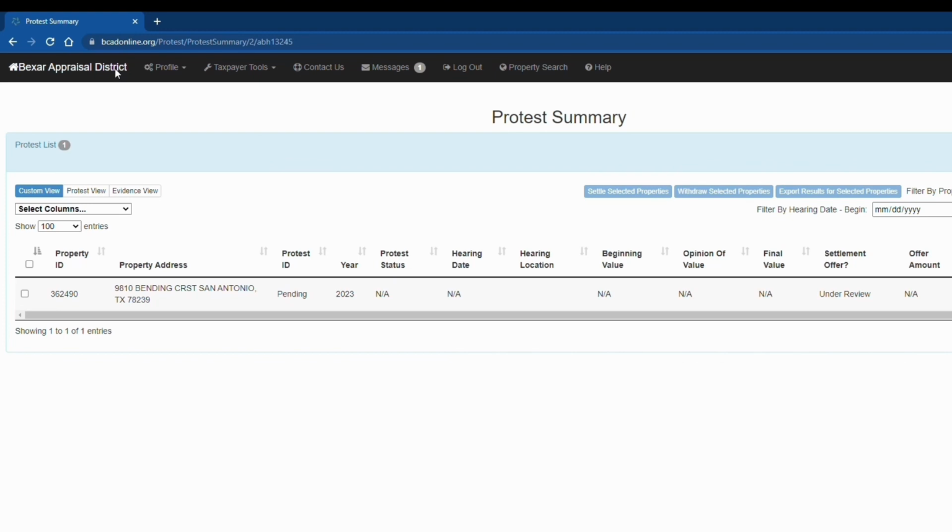Now, the last thing that we want to talk about is after we've submitted our protest and after we've gone through declining the settlement, going to the ARB review board, having the hearing, you don't agree with the opinion of value that the third-party appraiser has put on your home. You don't agree with the value that the board has come up with for your home. Your next step would be to dispute and go through arbitration.